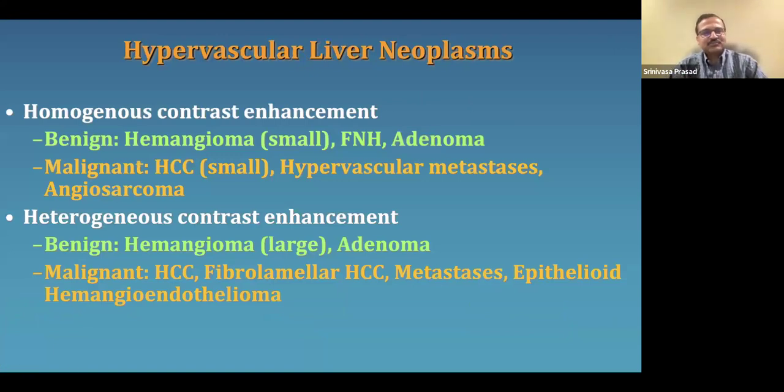And how about hypervascular liver neoplasms? Typically, the benign ones, the hemangiomas, the focal nodular hyperplasias, and small adenomas tend to show uniform contrast enhancement. If you see heterogeneous contrast enhancement, you're likely dealing with hepatocellular carcinoma, particularly in the context of cirrhosis. But even hemangiomas with the typical peripheral nodular enhancement and centripetal contrast fill-in and adenomas also tend to show